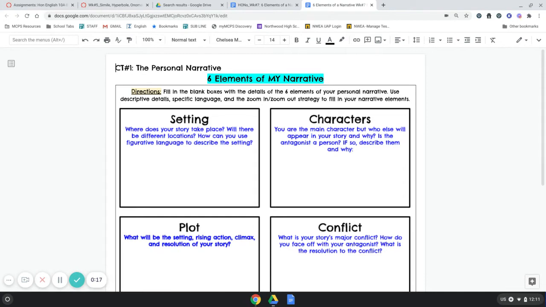The title of this exercise is The 6 Elements of My Narrative. The directions read, fill in the blank boxes with the details of the 6 elements of your personal narrative. Use descriptive details, specific language, and the zoom in, zoom out strategy to fill in your narrative elements. Please make sure to use text boxes in the Cami feature in order to complete your entries into each part